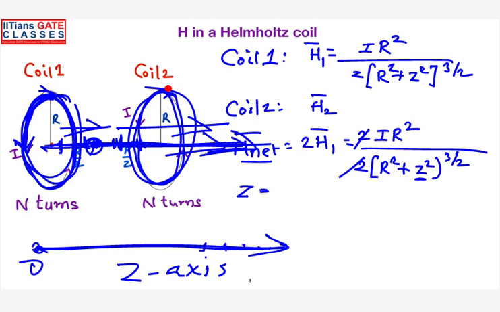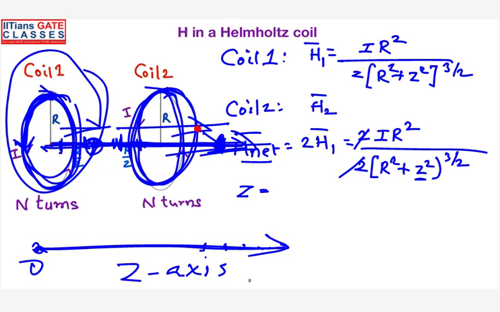But the strength of the magnetic field is going to decrease, because once you are moving very, very far away, what will happen here? Because it is very, very far away from coil 1, right? Yes. Coil 1's effect will not come. So you can say that the magnetic field is confined to a particular zone. So at that time it is purely the effect of coil 2.